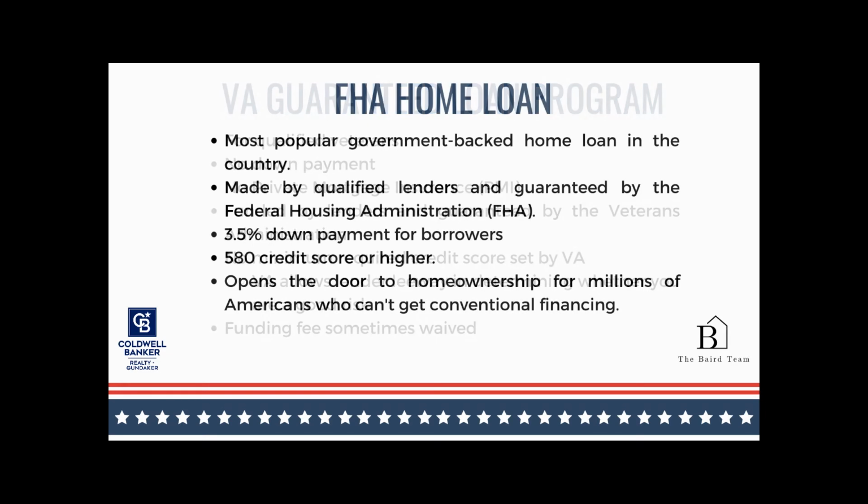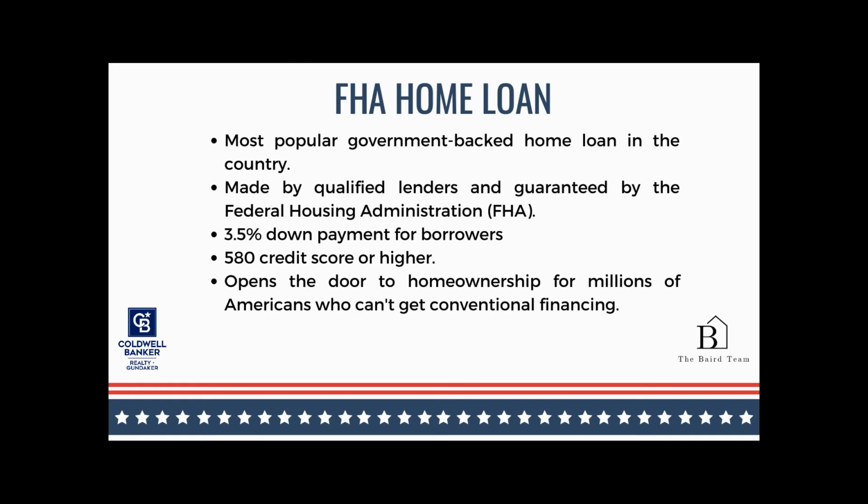The second most popular type of government-backed loan is the FHA loan, or the loan put out by the Federal Housing Administration. This allows most individuals in this country to buy a home with as little as 3.5% down. There is a minimum required score, which is 580. And they offer a lot of benefits, but one of the big benefits is that you can get in with a low down payment. You will pay PMI though, unless you're able to put down 20%. And again, you can put down more than 3.5%, but the FHA loan says that you only have to put down